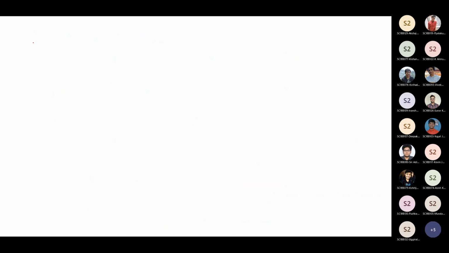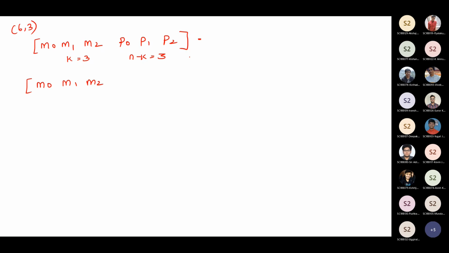So structure, you know the code word of the form M0 for 6,3. Okay, for 6,3 I'm writing M0, M1, M2. So k is equal to 3. Your parity bits are 3, P0, P1, P2. So this n minus k will be 3 for 6,3. So in order to generate this code word, you will be given a message word. So M0, M1, M2 will be given. Okay. So this is 1 cross n. This will be 1 cross k. Message will be